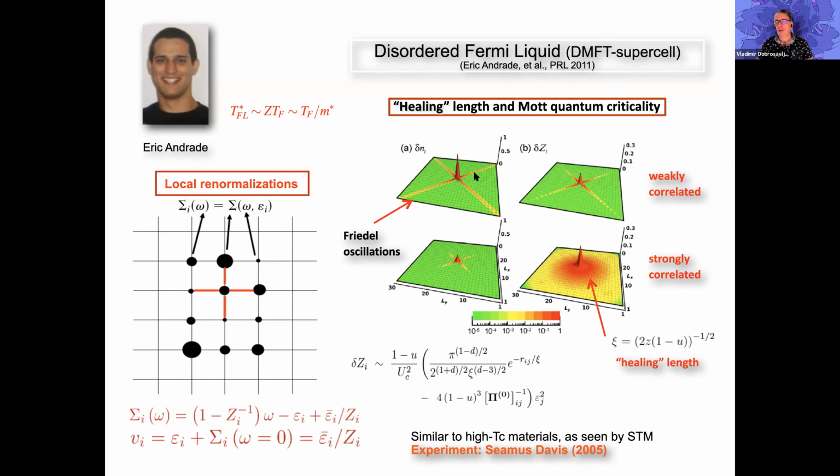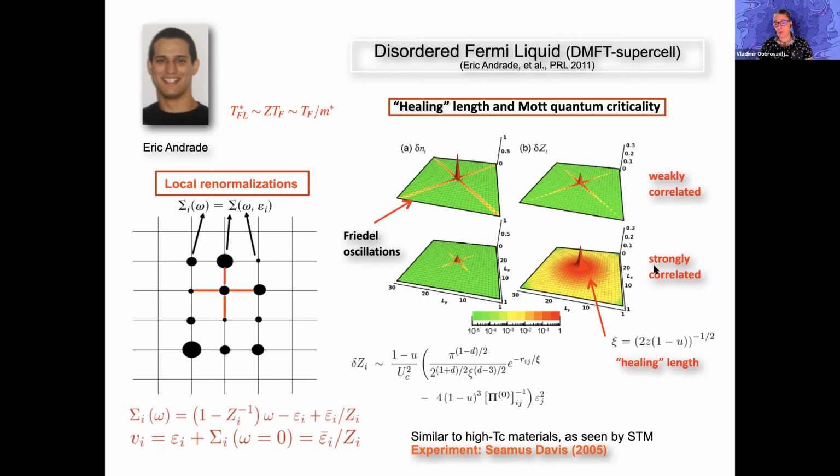If you take a weakly interacting metal like silver and put an impurity, it creates these Friedel oscillations, where on a square lattice it will give you this kind of long tails with this particular form. It looks slightly different on different lattices, but the perturbation extends far away from the impurity because you have a gapless Fermi system. This is what Jacques Friedel found, and this is what many STM experiments have confirmed. For example, Ward Plummer has become famous by doing such experiments where he observed these Friedel oscillations.